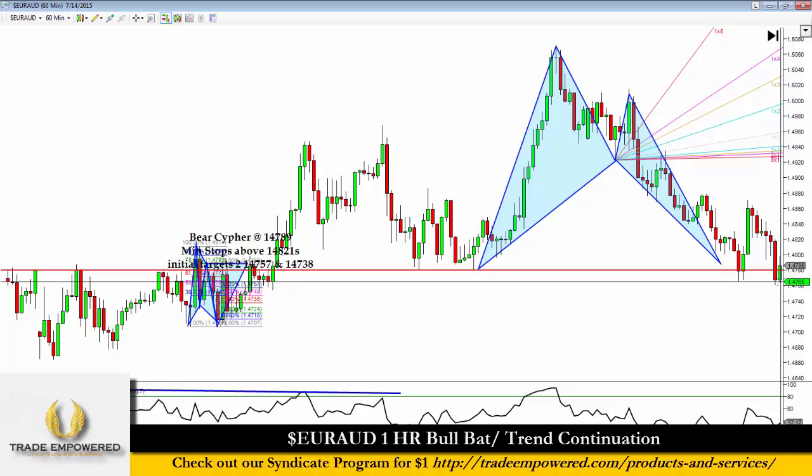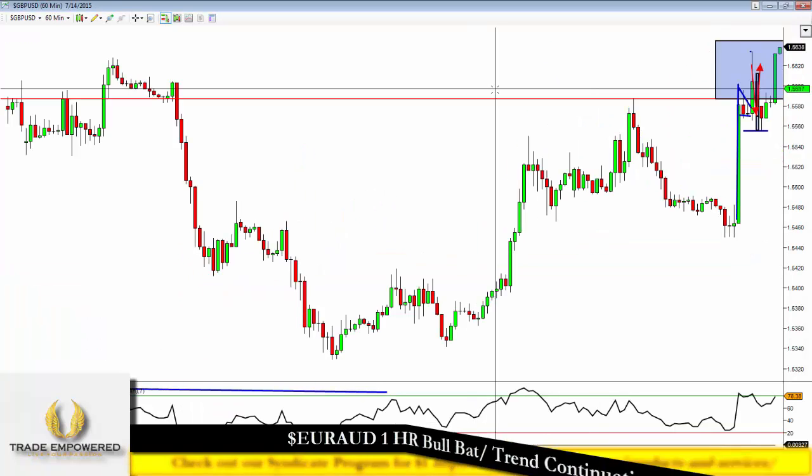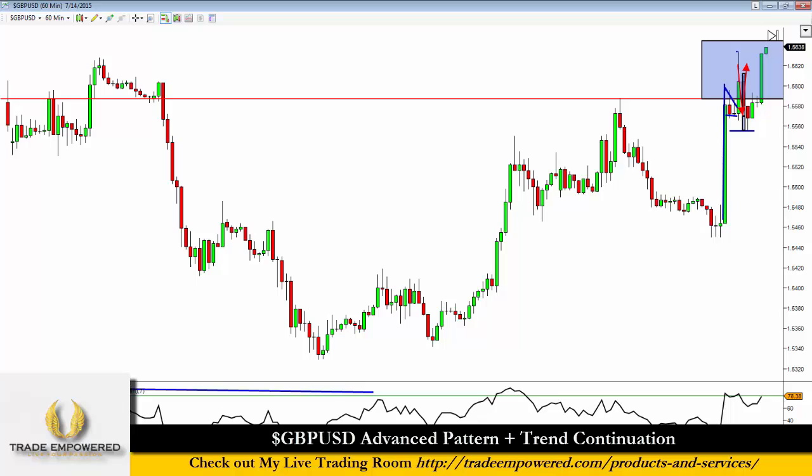There was another bat pattern on Aussie CAD as well, basic bat pattern. I'm not going to show you that. Another loser came on Euro dollar on the range bar chart during the day. But one pair I want to show you is the pound dollar. And here's a trade we took in the live room today. And I'm actually still involved in this, watching this very closely as I record this video because I'm up about